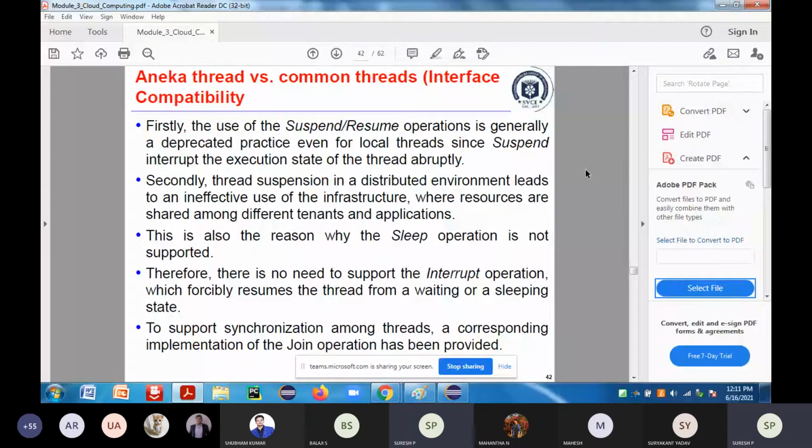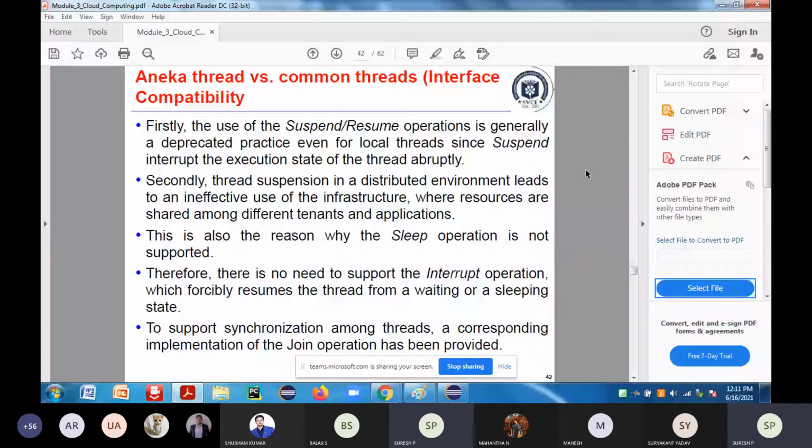So you are not going to make use of that practice in your Aneka thread. It is not going to be supported.